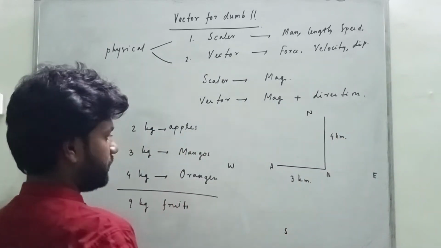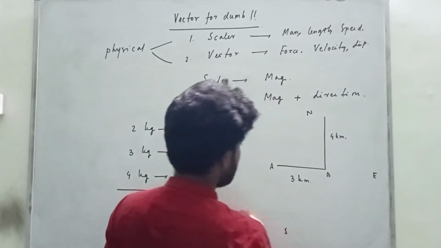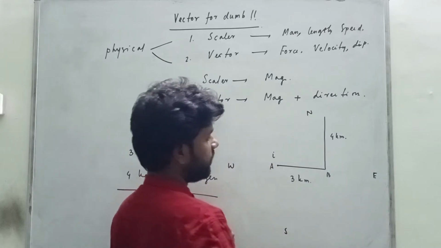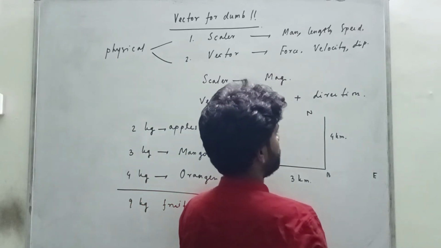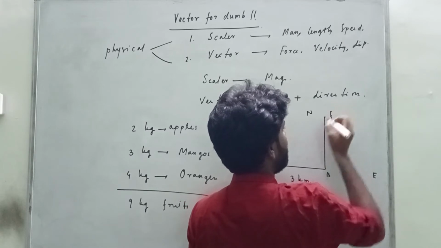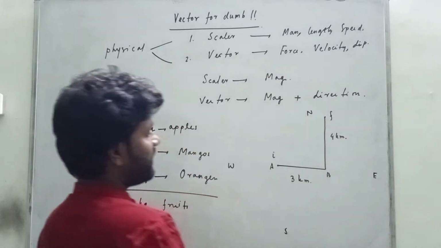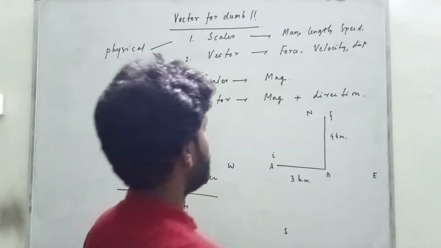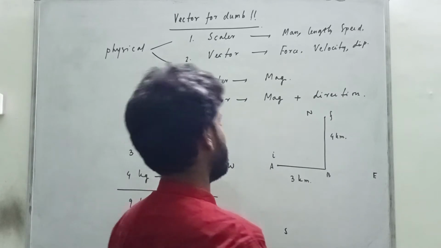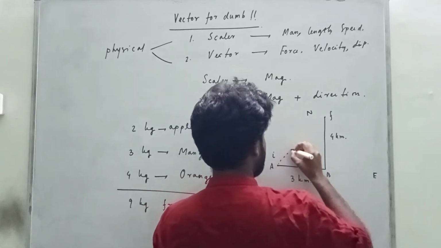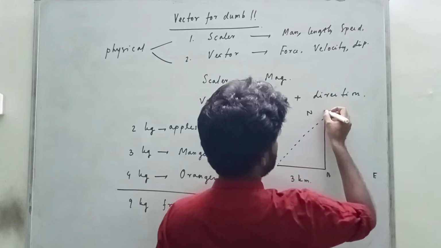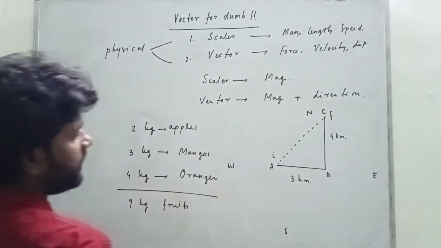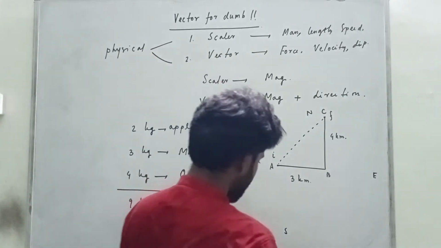Okay, so your initial position is A, named I, the initial position, and your final position is named F, right? Okay, so now if I asked you what is the length between the initial and final position, I just named it C here, the last position of yours. So what is the length between A and C? Okay,